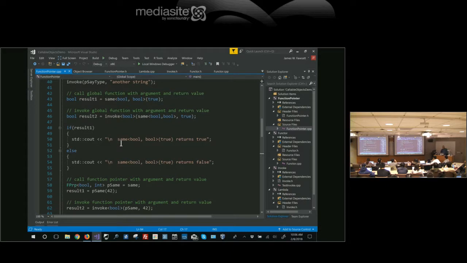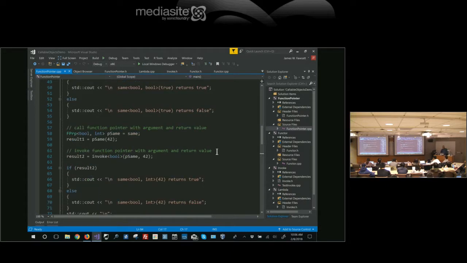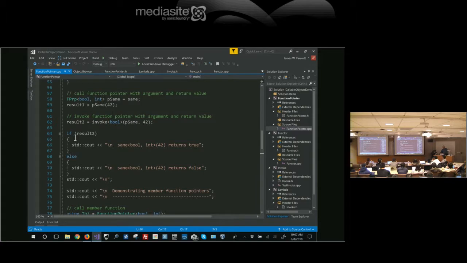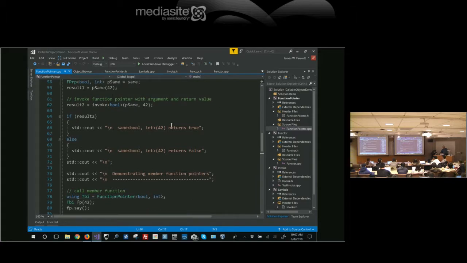And then, if result 1, blah, blah, blah. Just printing stuff out. Now, call function pointer with argument and return type. Now I'm going to use the same function. So result 1 equal pSame. I'm just executing pSame, the global function pSame, and